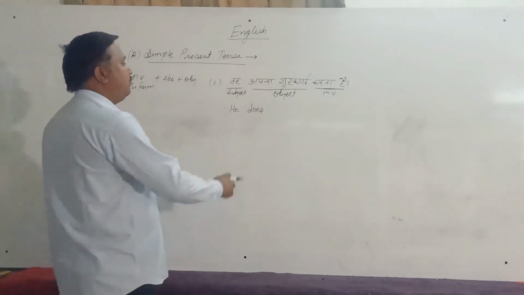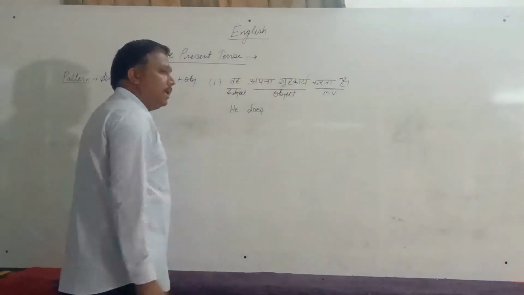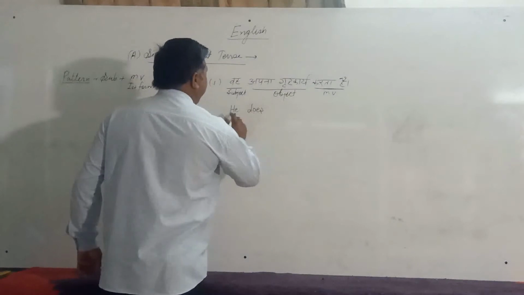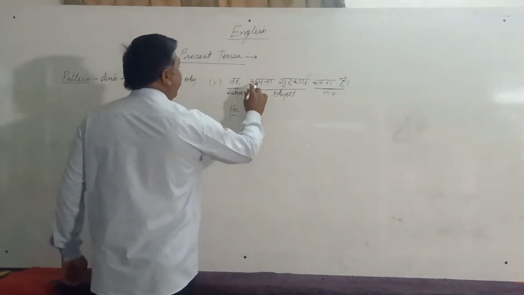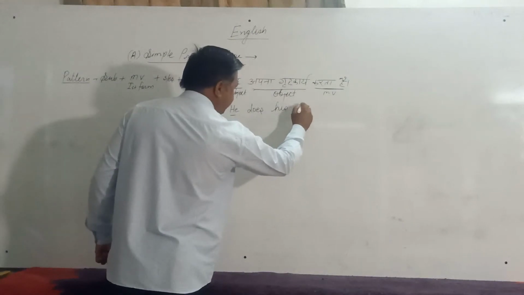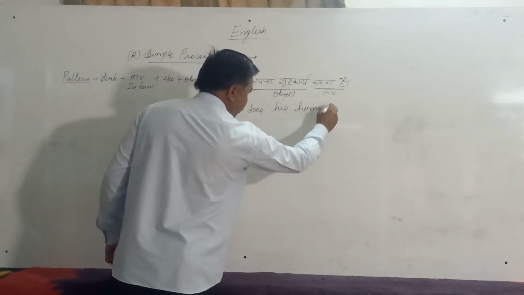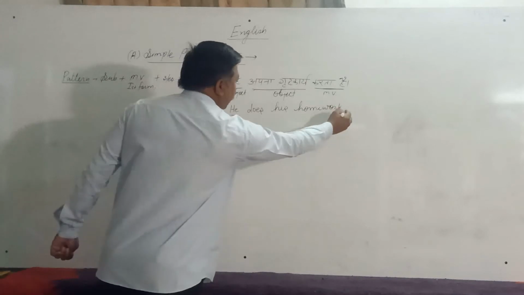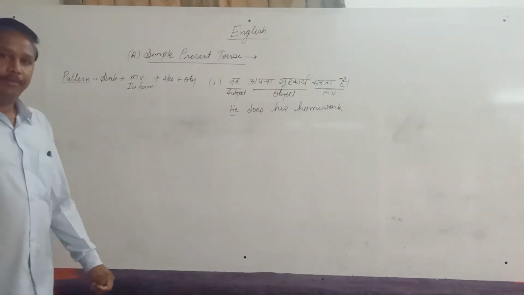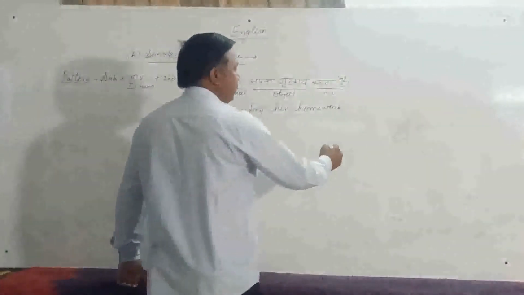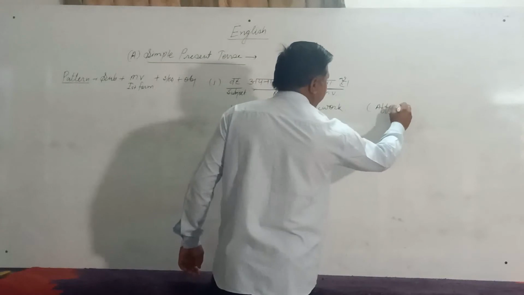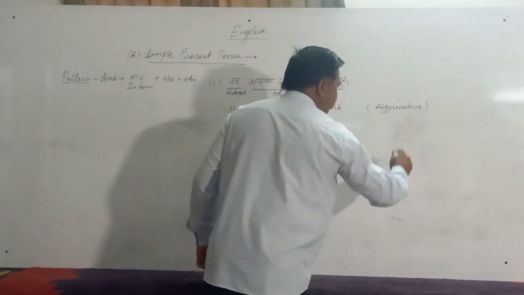So the next thing is object, and our object is अपना गृह कार्य. And the spelling of अपना गृह कार्य, according to he, we have to apply his, and griha karya means homework, and then put here full stop. This is our affirmative sentence. We have to write here against each sentence the types of sentence. This is affirmative sentence.